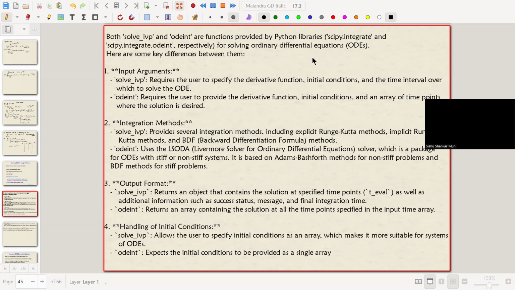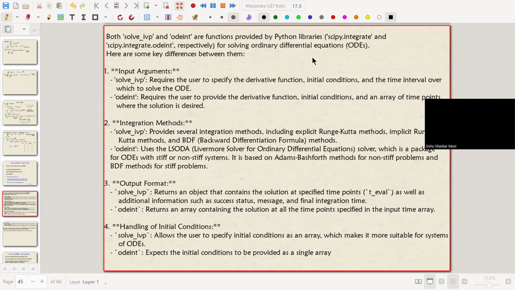So yeah, key differences. One is the input arguments. Let us go to odeint first. As you know, it requires the user to provide the derivative function, the right hand side of the ODE, right? Yes, clear? That's the first argument. And the initial